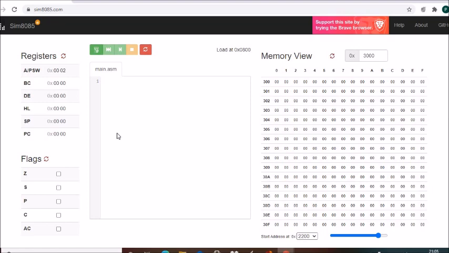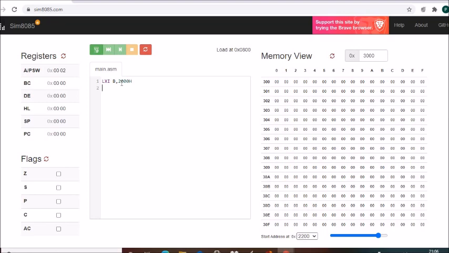Now for better understanding, let's make the count a bit smaller. Let us take three bytes of data. Let's write the program: LXI B, 2000H. Let's take the count 3.